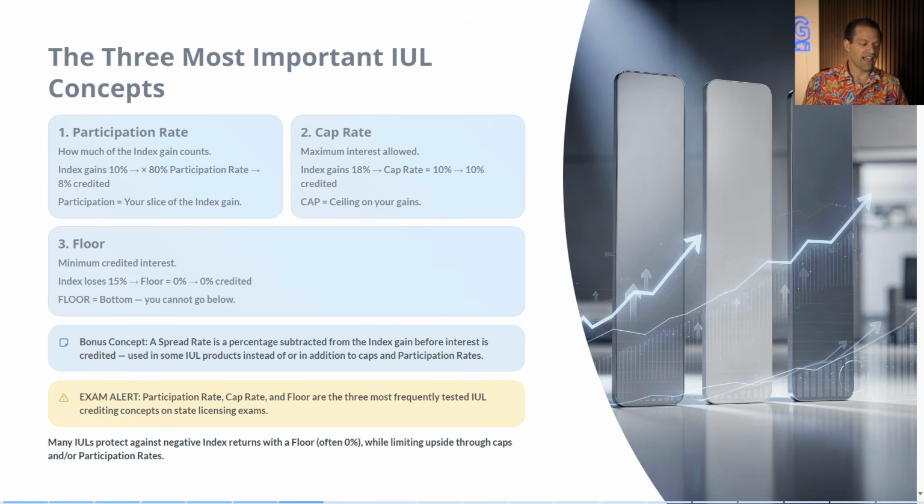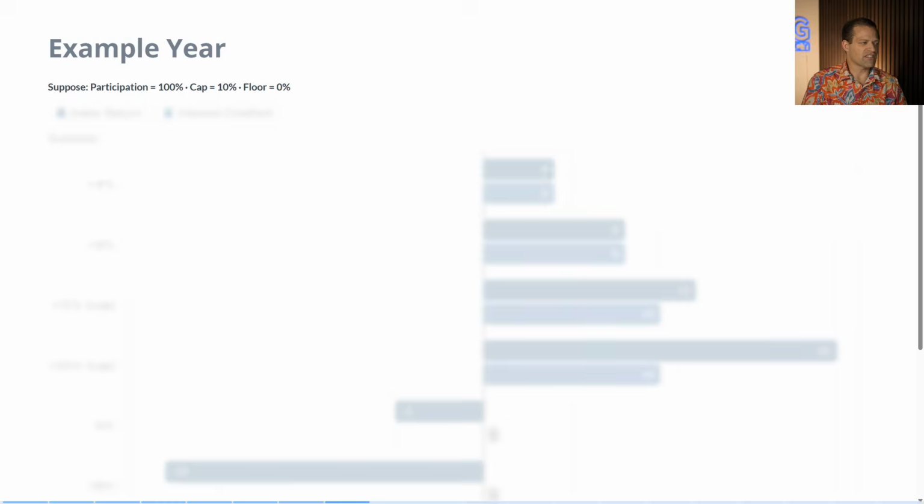And many IULs protect against negative index returns with a floor, often 0%, while limiting upsides through caps or participation rates. So a kind of way to think about it is, in exchange for protection from downside loss, in big win years you may not participate entirely, with caps and floors or caps and participation rates. So here's kind of how it would look